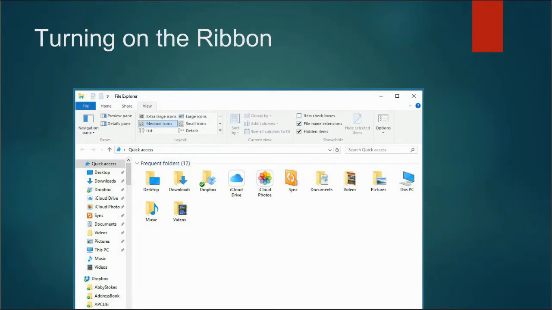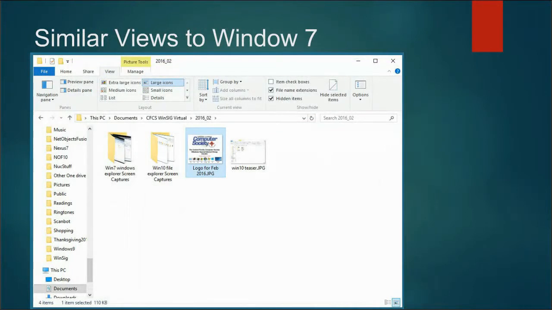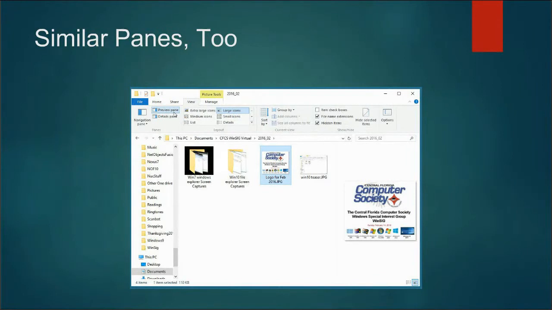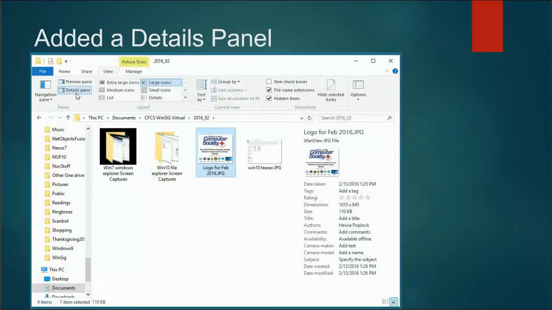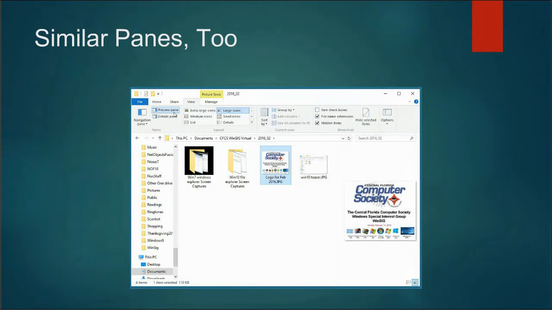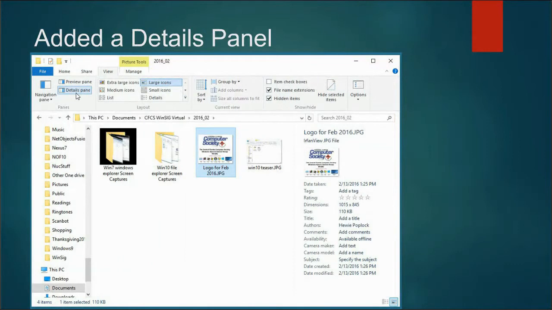Now you'll notice that where we're at, under the word View, is the same things you had in Windows 7 with the different views that you can use. You have your large icons, that's what we have here. Let me go back. I didn't go through each of those like I did with the other. We can turn on the previewer, and that's what I've done here. And so you'll see it over on the right. And then the next one, they do have one more choice that we didn't have in Windows 7 or 8, and that's the